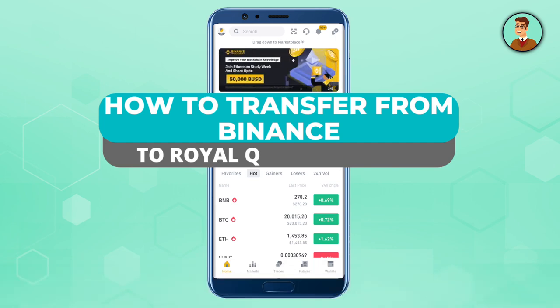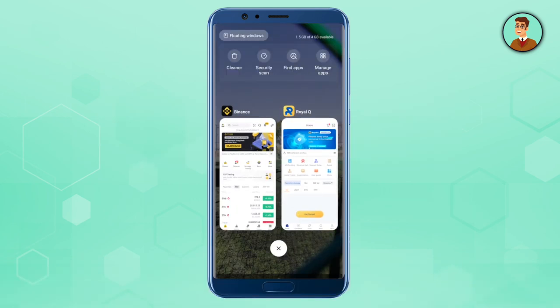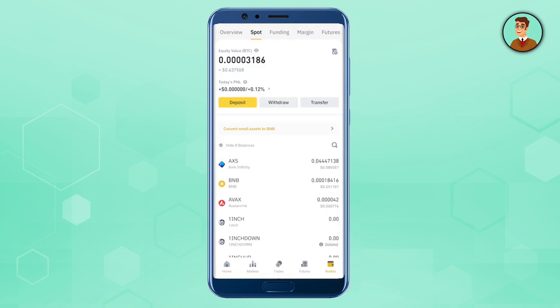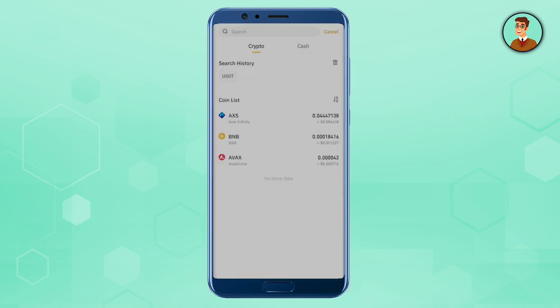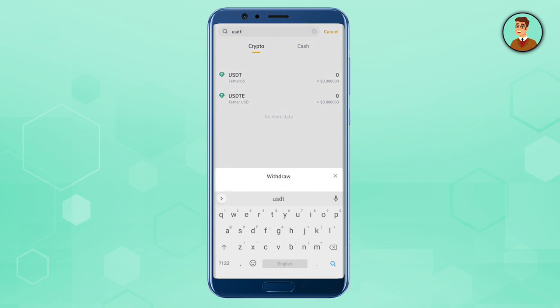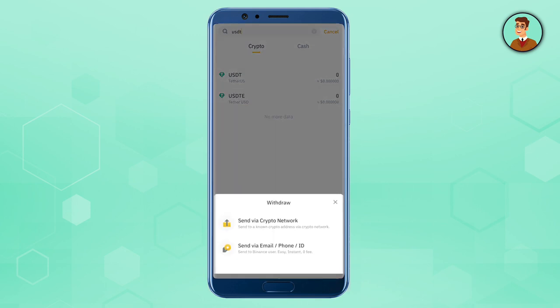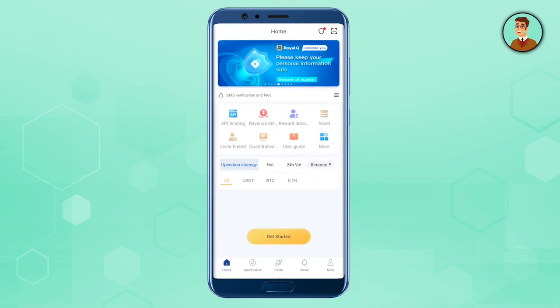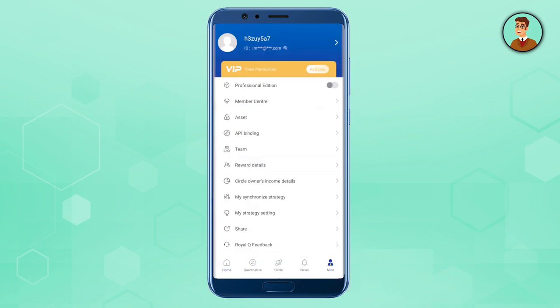Today I will be telling you how you can send USDT from your Binance wallet to your RoyalQ wallet. And for that you will need Binance and RoyalQ. So go to your wallet on Binance, click on withdraw, search for USDT, send via crypto network, and for the address we will go to RoyalQ, click on mine on RoyalQ, then click